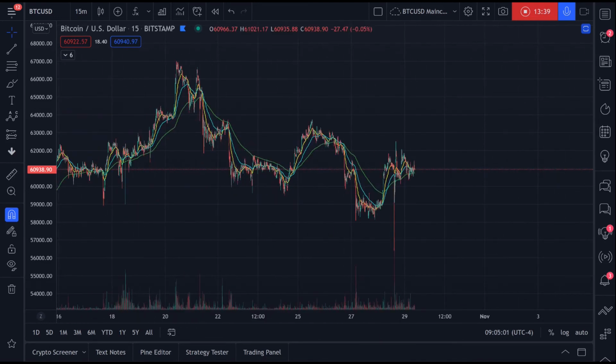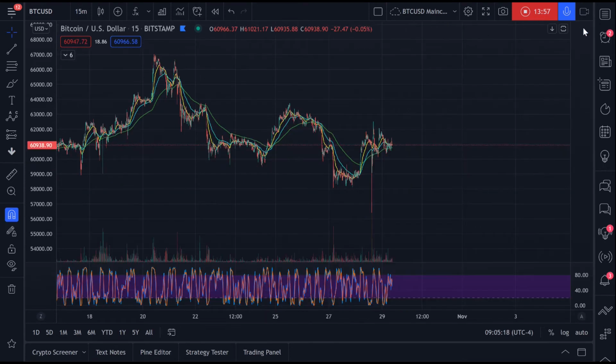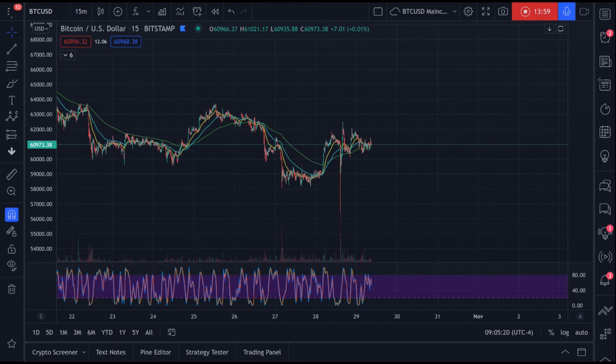This liquidation wick to liquidate some longs, most likely, okay? But it is within the sort of parameters of an ABC correction. I want everybody to realize that, okay? It does seem random, but it did not break market structure in such a way that we couldn't anticipate something